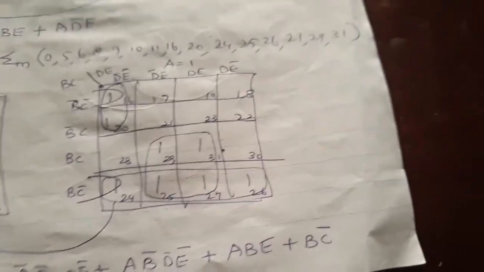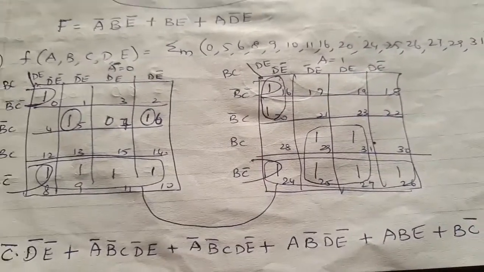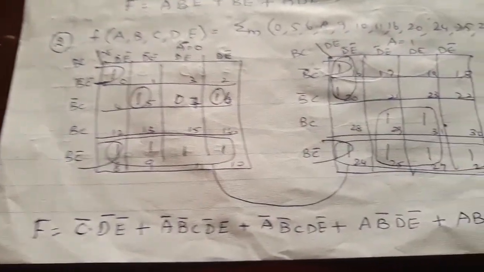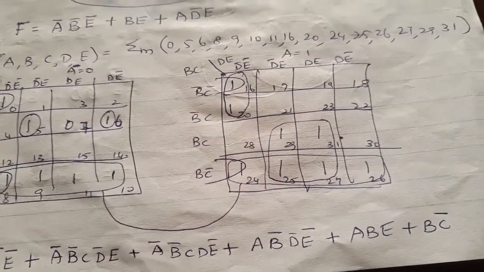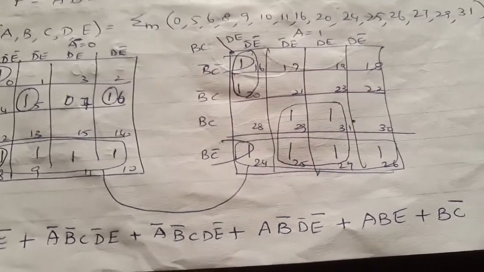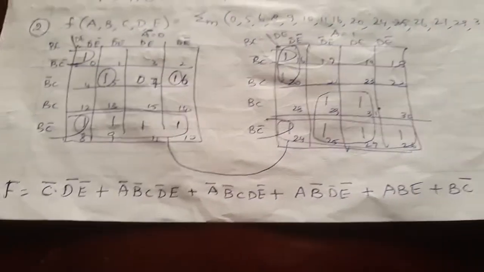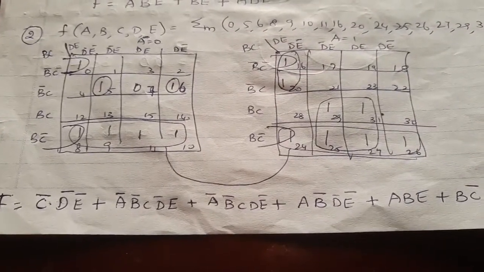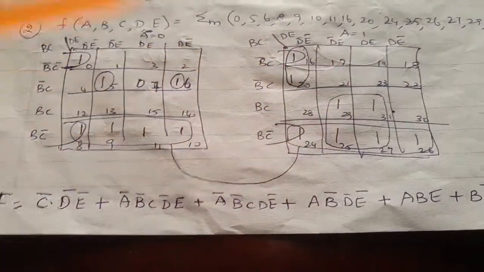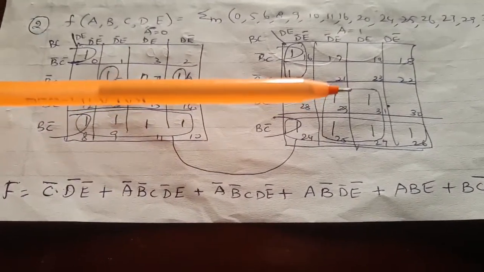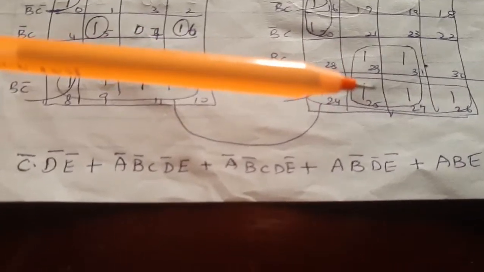So first, in your 5 variable mapping, always make sure you have two 4 variable maps joined together, with the differentiation of A bar and A, the 5th variable. Once you have marked all your minterms, make sure you combine the cells. Find out what common chord or common 2 values you can obtain. Then find out whether this particular constituent can match with the next constituent. If both constituents match with the same rows or same columns, you combine them to form a chord or an octet.